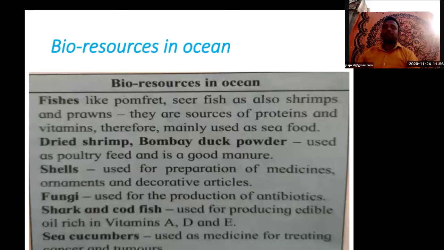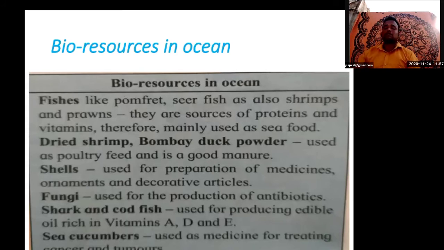Now transport business. Marine transport is the cheapest way of transportation, because there is no need to construct roads. You only have to have ships or boats, we can say. It's the cheapest way, transport by sea. Next, sea tourism. Yes, a means of financial income. So we get a large amount of financial income from sea tourism.